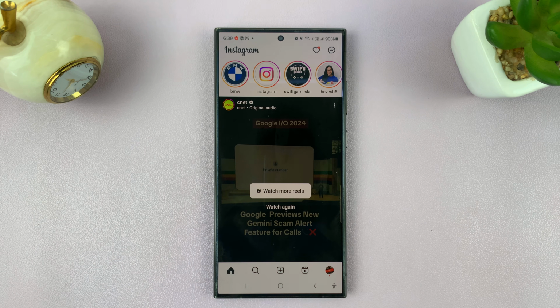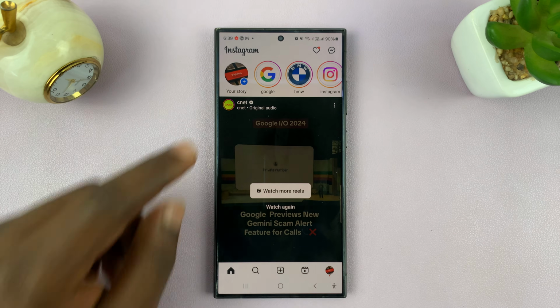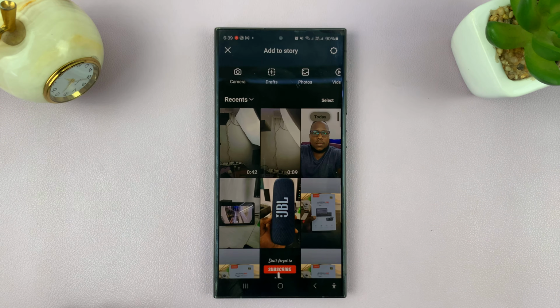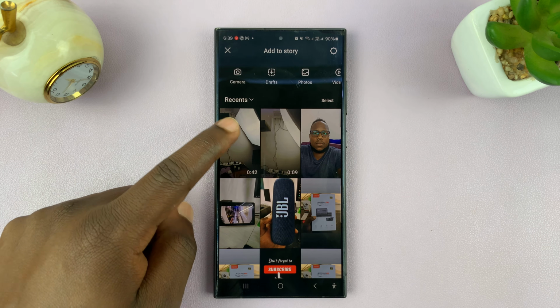So today I'll be showing you how to mute Instagram story sound, or how to mute the sound on an Instagram story. So whether you're posting a pre-recorded video, so for instance, if you come here and then select a pre-recorded video like this one,